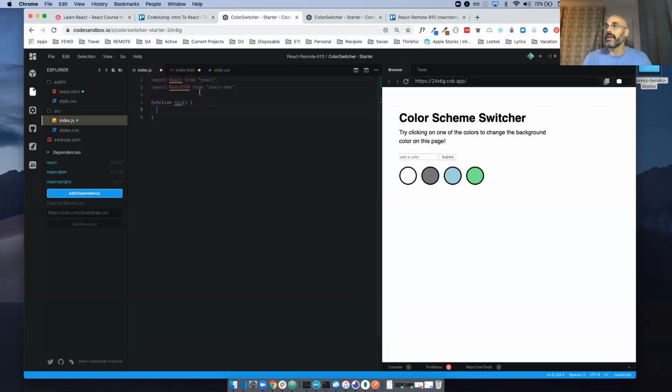Now, the one thing you have to note for a functional component, or components in general, are some requirements. The name must start with an uppercase letter. The name of your app, the name of the function, must start with an uppercase letter. If it doesn't, it's going to break.